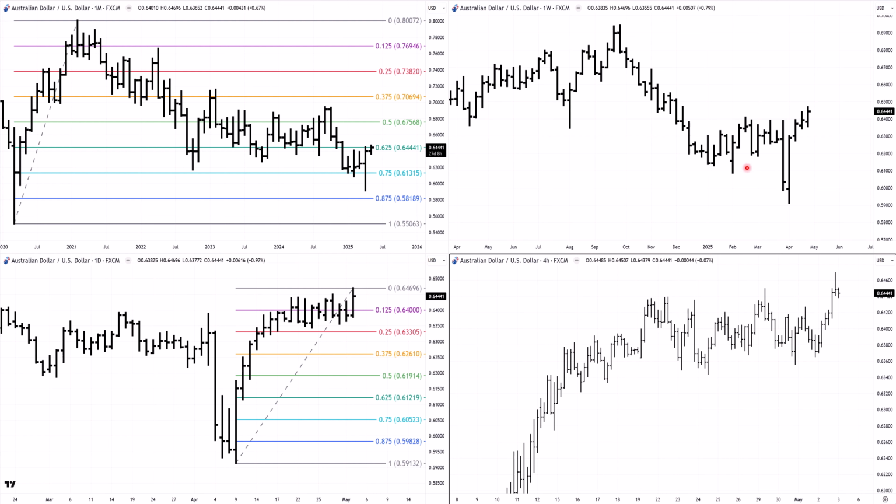However, if you look across to the weekly chart over here, you can see this has all been one weekly swing up. So generally speaking, a monthly swing is going to be made up of at least 2, if not 3 or 4 weekly swings. So we're still in that first weekly range out there. Worst case scenario, I would suspect we're going to have a pullback and then a little bit more upside at least. But bottom line, I think that we're going higher from here. And I've got a chart on the next slide to show you that.